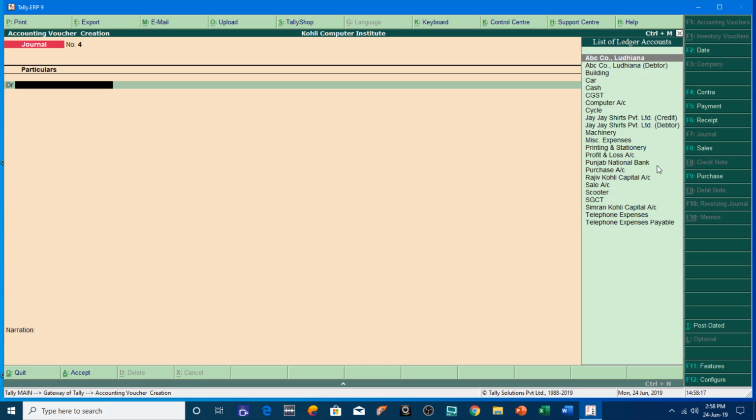Now if you see the list of the ledger accounts available in the debit and credit side of journal voucher entry, you can also notice that you will see cash and bank ledger account names as well in the journal voucher. So if you configure that option, then you can do almost all kinds of entries in journal voucher alone. So that is what the journal voucher is used for, and I hope you will